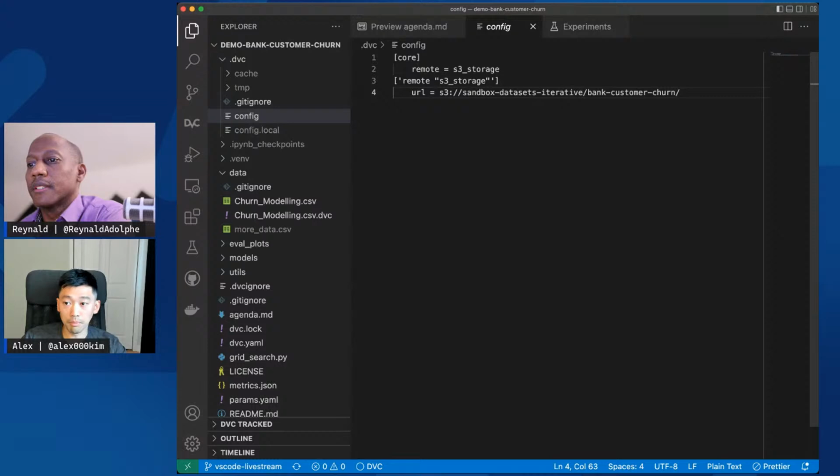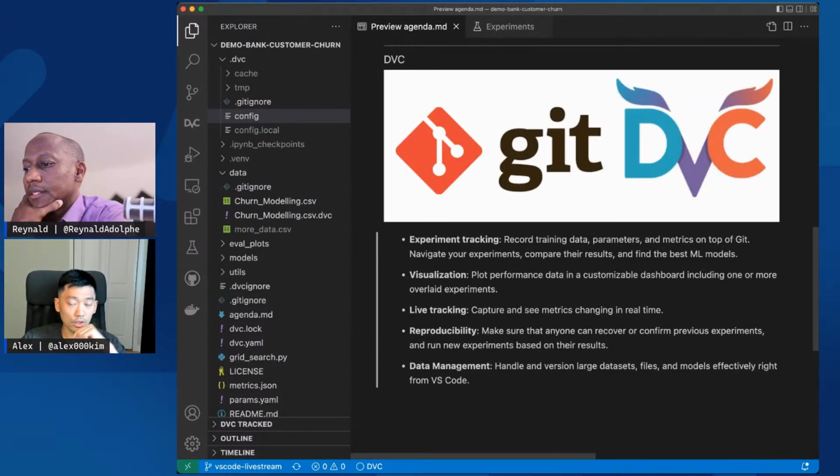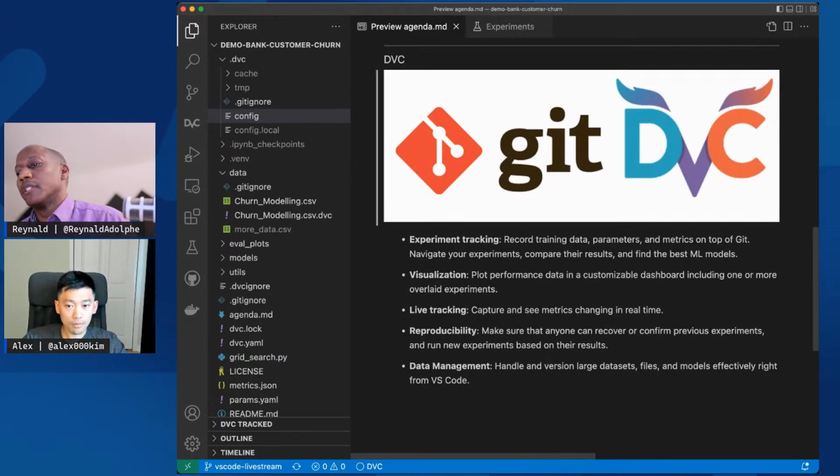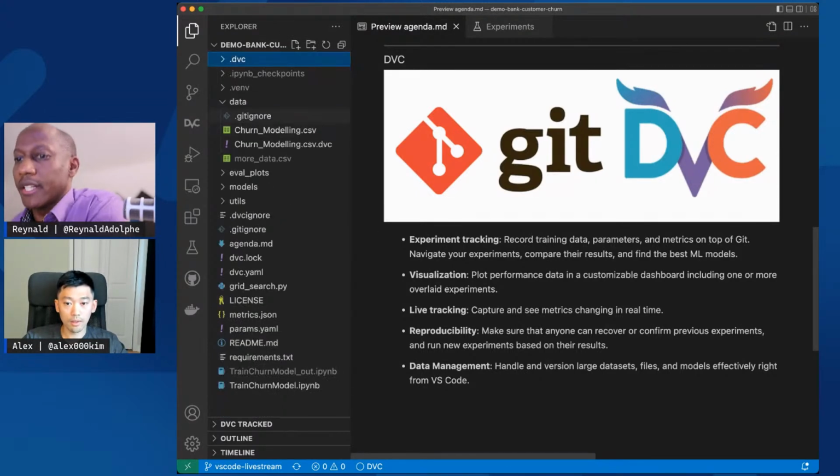And DVC supports pretty much anything you can think of. It supports all major cloud providers, SFTP, FTP, SSH, network attached storage, and so on. So you can configure that DVC remote. It's sort of analogous to your Git server, like Git remote, where you want to store your Git history. But DVC stores different versions of data sets instead. Nice. It's a great, concise way to think about it then.